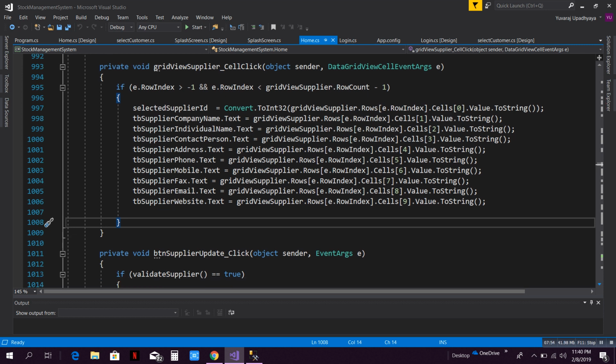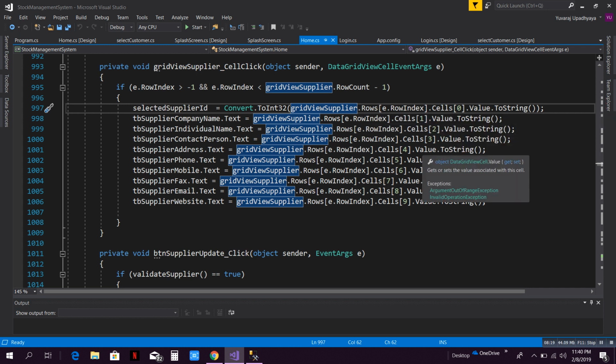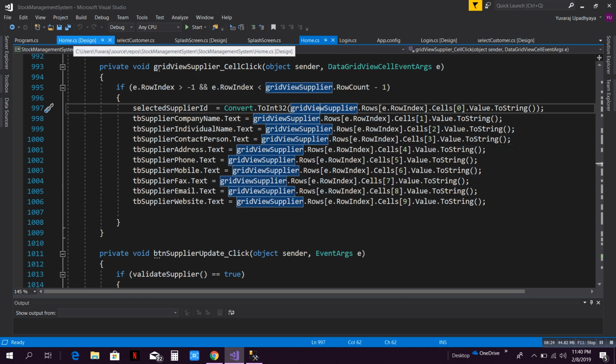Okay, now here you can notice the selected supplier ID is converted to integer because here we have the ToString function. GridViewSupplier.Rows[e.RowIndex] means the row which has been clicked. Yes, and Cells[0] means the first cell, Cells[1] means the second, and third and fourth and so on. Okay, after that